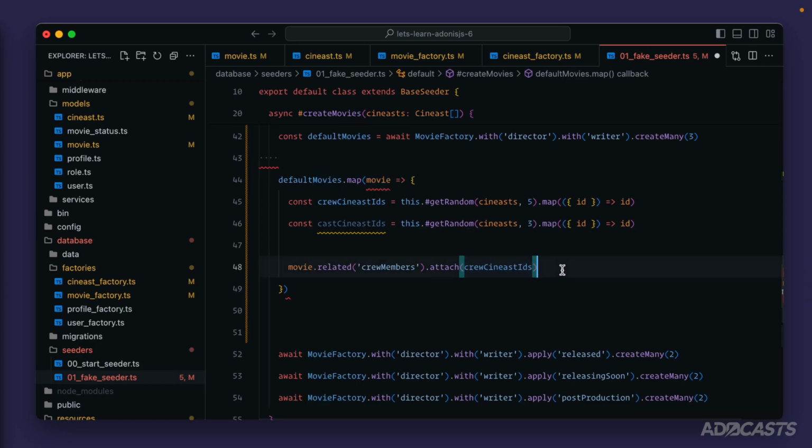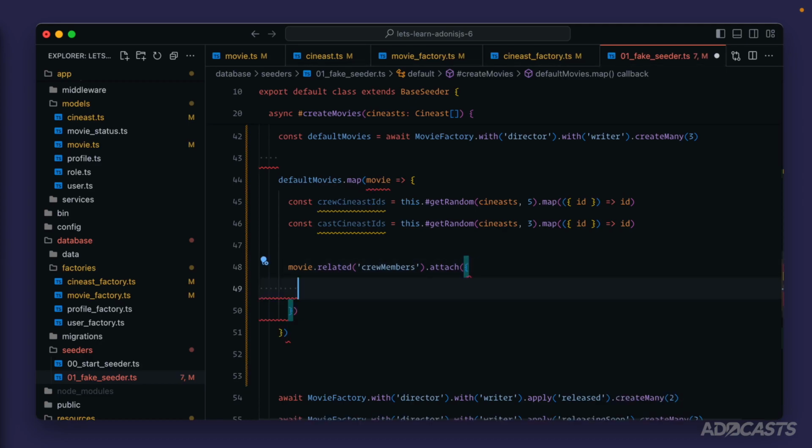In our particular case, though, we have pivot data we also need to provide. And this does complicate the call a little bit. But if we take a look at a hard-coded version, we'll see that it's still relatively straightforward. So instead of providing in an array of IDs,